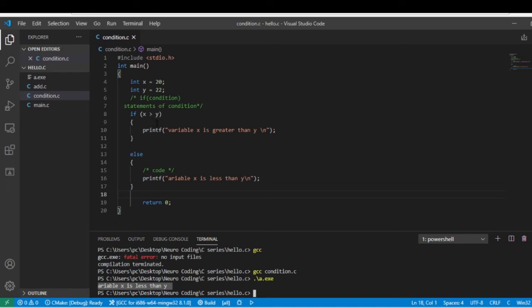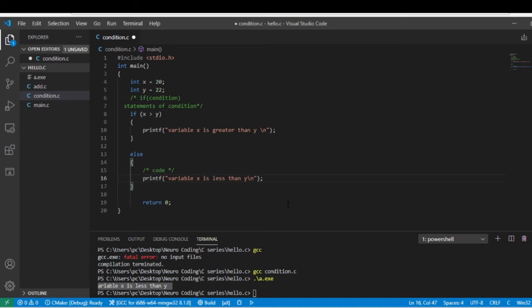If the first condition is true, then print the first statement. That is known as the first statement. Otherwise, if the condition is not true, the condition is false, then after else, whatever statement you have is printed. I write here after else: print variable x is less than y. Then it prints here. So you easily understand how to use the if and if-else statement in a program.